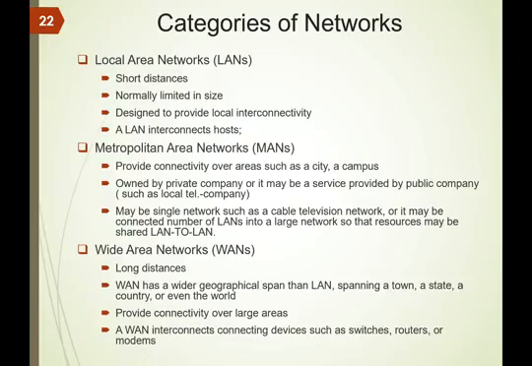Now we'll talk about the categories of networks. We have actually three broad categories of networks: the local area networks, or LANs as we call them. The name local infers a small place or short distance, so it's a local area. It's normally limited in size, so it's not a very big network. The network at your home is a local area network. The network at your department or college is a local area network. It's designed to provide local interconnectivity,